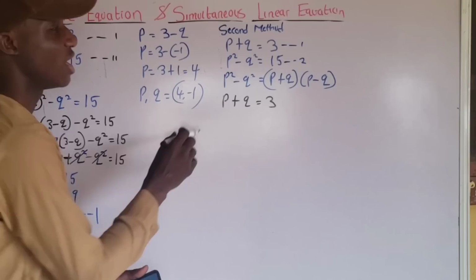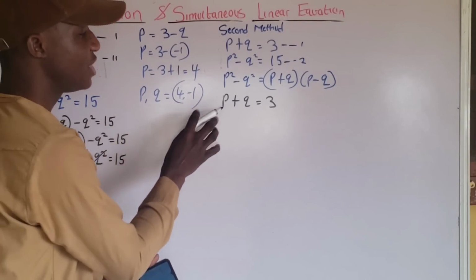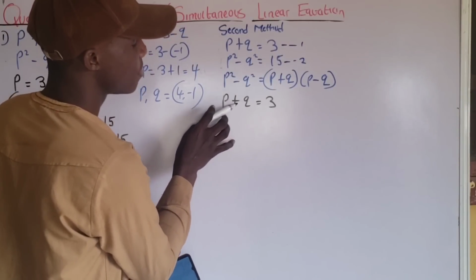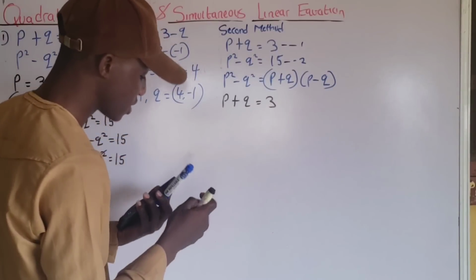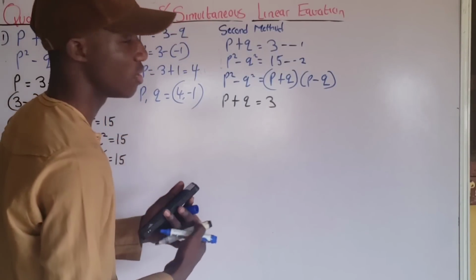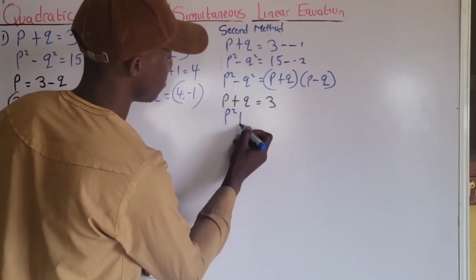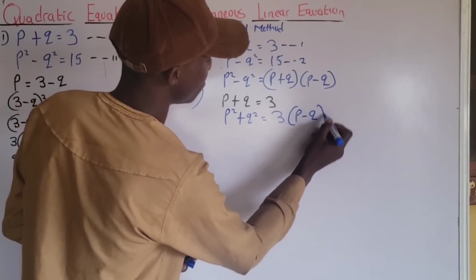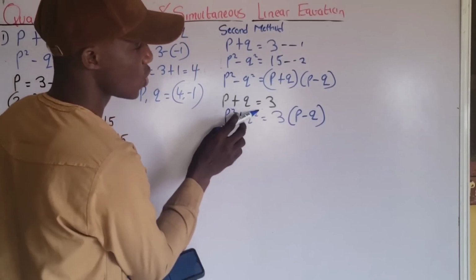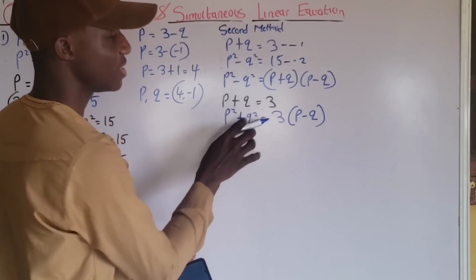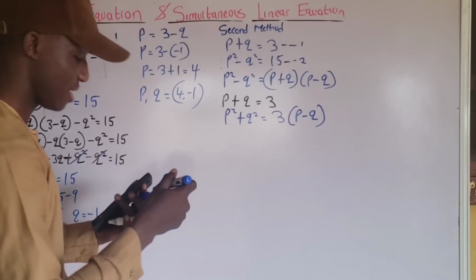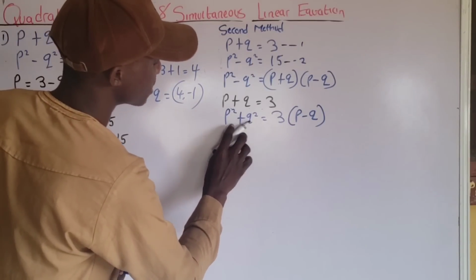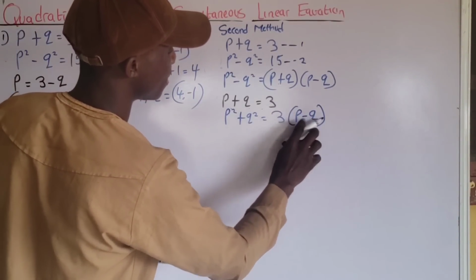Now, don't forget, in the equation we knew that p plus q is equal to 3, so I'm going to substitute the value of p plus q as 3. So the equation becomes p squared plus q squared is equal to 3 into bracket p minus q, because p plus q is equal to 3. So I replace p plus q, which is here, as 3. Are you paying attention? Okay, now, since I know that p squared plus q squared is equal to 3 into bracket p minus q,